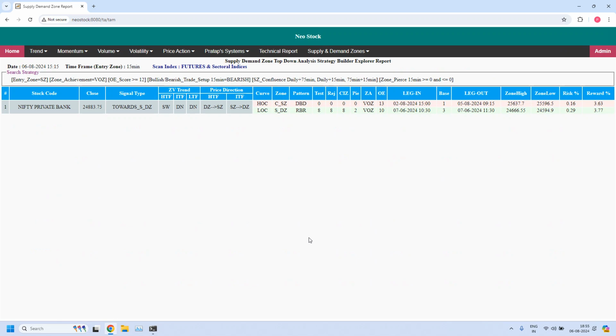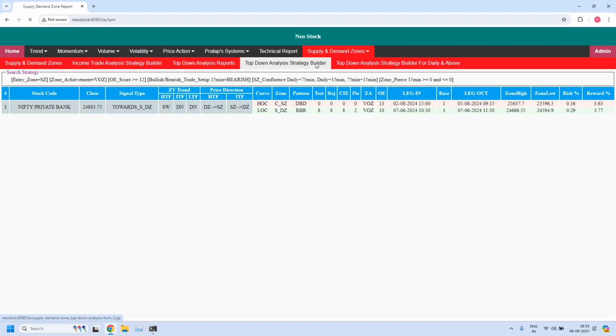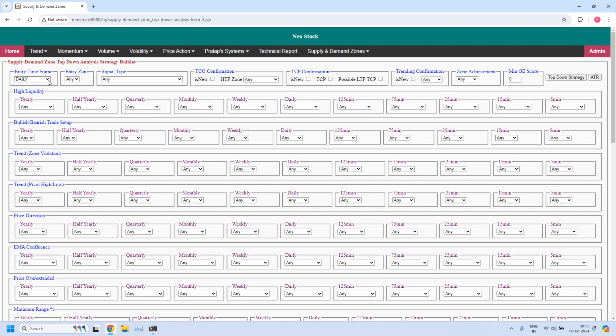Okay, this is about bullish and bearish trade setups for daily income trade. And the last one, in the income trades, hourly income trade. For hourly income trade, entry time frame is 5 minutes. For bullish trade setup, the zone is demand zone. And also in the bullish or bearish trade setup parameter, in 5 minutes time frame, that is entry time frame, I